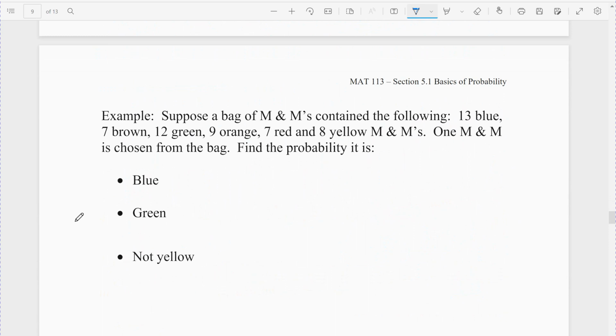All right, 1 M&M is chosen, so you're being very conscientious. You're just reaching in and grabbing 1, not grabbing a handful. A handful would be a different problem. You just reach in and you pull out 1 measly M&M. Find the probability of the following: probability of blue, probability of green, and then the last one is the complementary set that we'll use our